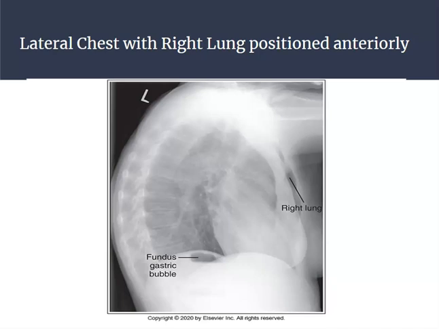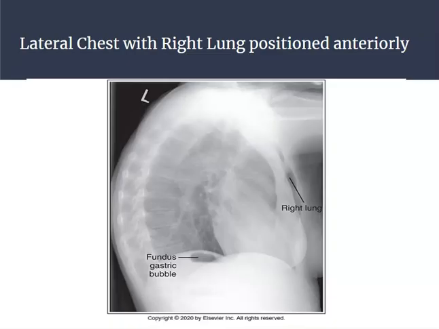If you actually take your finger and follow the hemidiaphragm that is right above that gastric bubble, that should be the left hemidiaphragm. And so it extends posteriorly, which should indicate to you that the left side of the patient is located posterior and the right side of the patient was